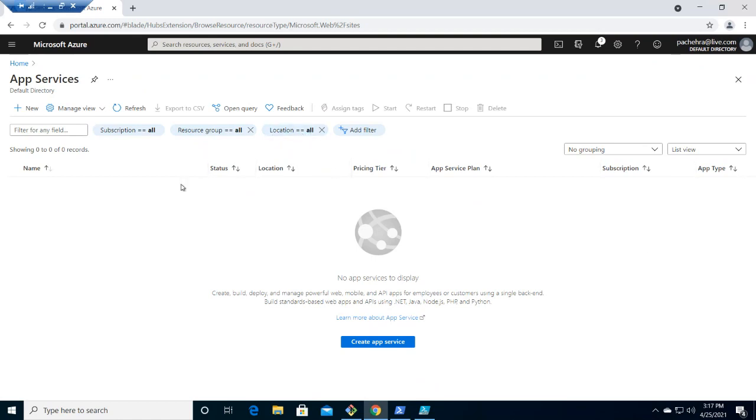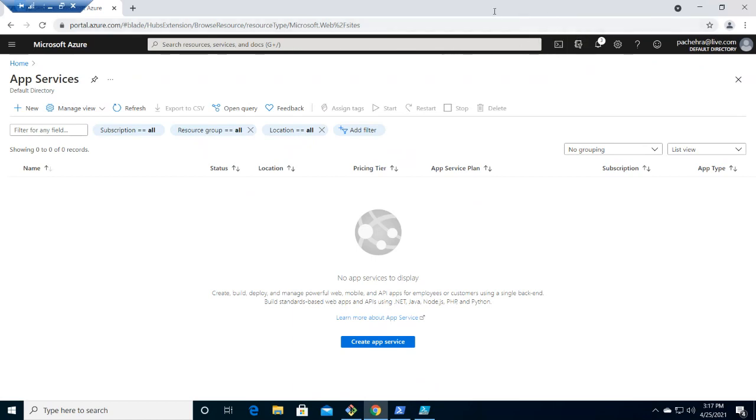Let me show you first with the help of CLI, then we'll try to cover PowerShell and then Azure Portal. There are multiple ways that you can utilize CLI. You can install the MSI on your virtual machine or your own laptop from which you are taking care of your cloud things. But the best way that I feel is the Cloud Shell.